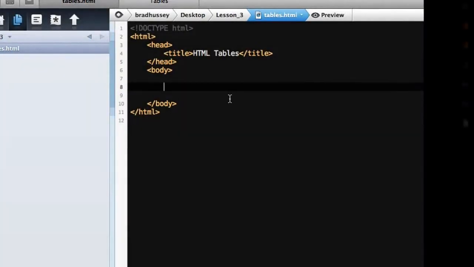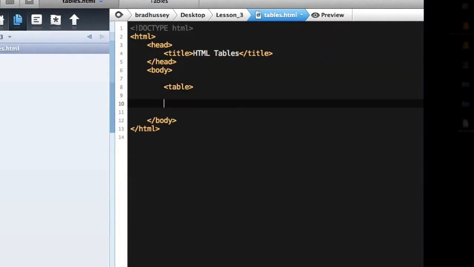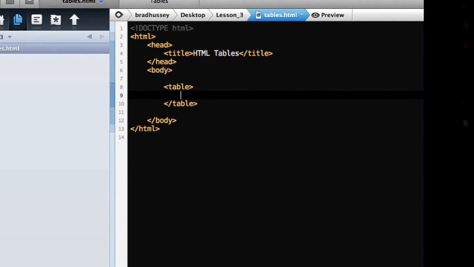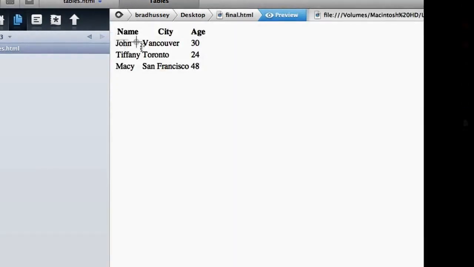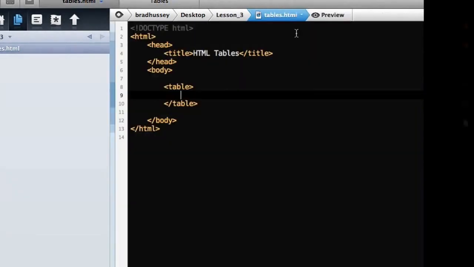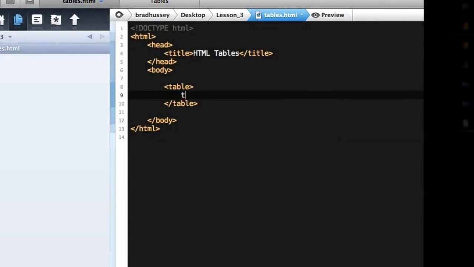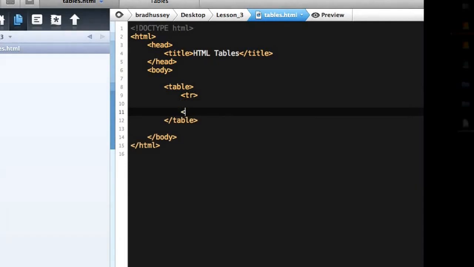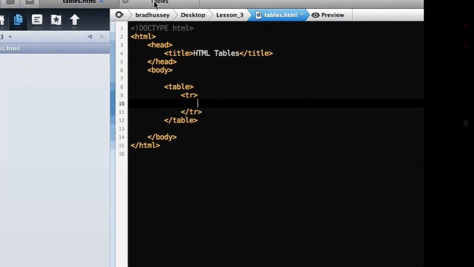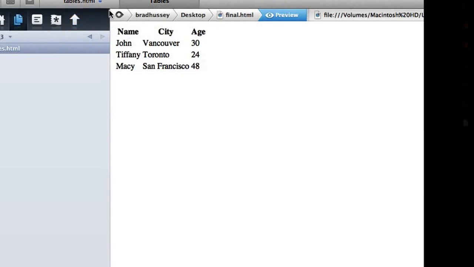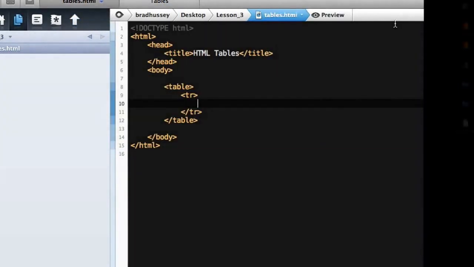So first things first, you need to add a table tag. Within the table, you need to have a table row. A table row looks like this. This is a table row. These ones are table rows. You add a TR tag, which means table row, and within the TR tag let's add a table heading. So the table heading where we had name, city, and age, and to add a table heading